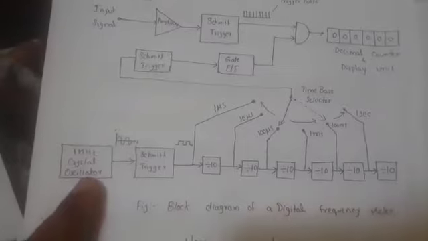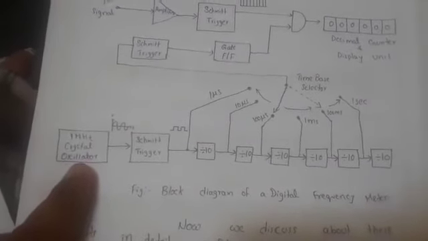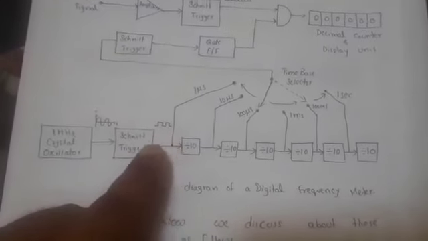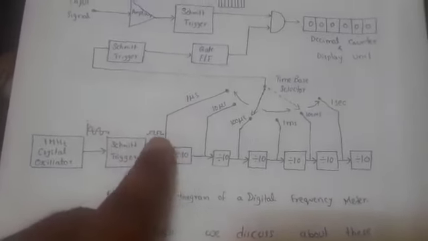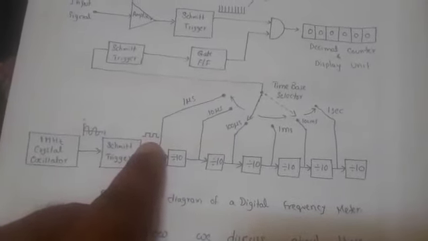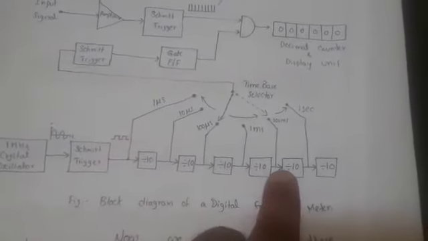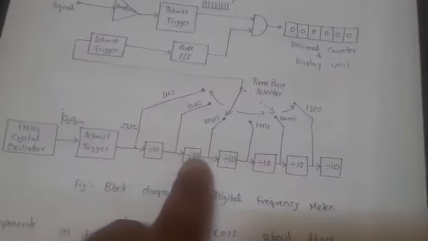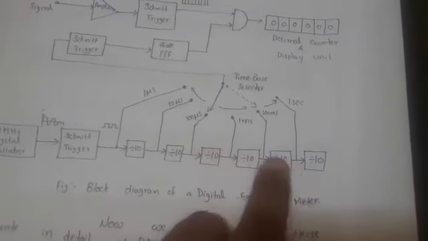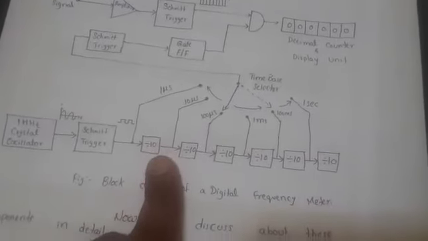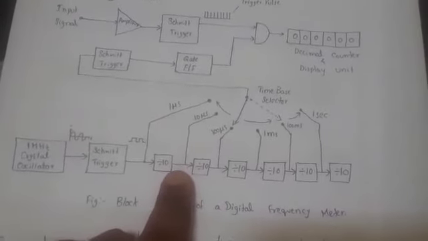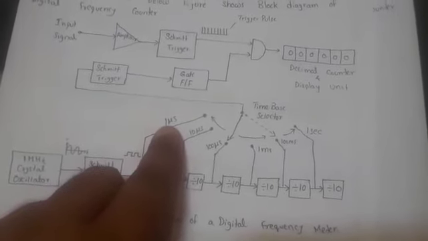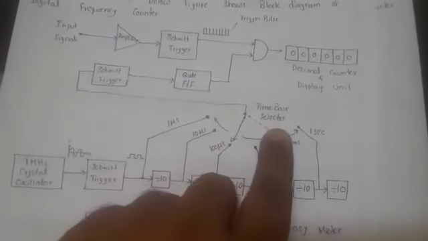Next, coming to this part, here we are using the crystal oscillator. It produces the sine waves. Those sine waves will be converted into square waves by using the Schmitt trigger, and these square waves will be applied to the decade counters here, that is the frequency divider decades. So each will be divided by 10. Here the frequencies will be divided by 10, and these frequency divider circuits have decade counters. So from this we can get the output. Those will be selected by the time based selectors.